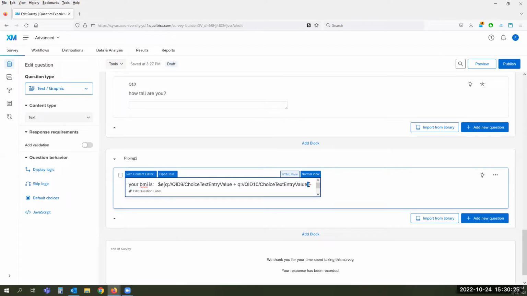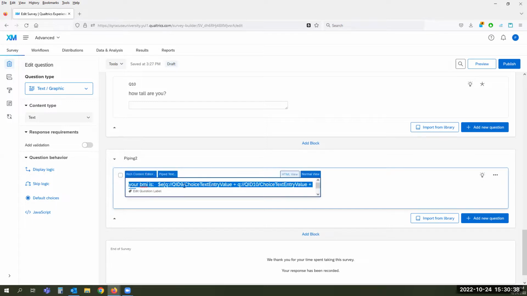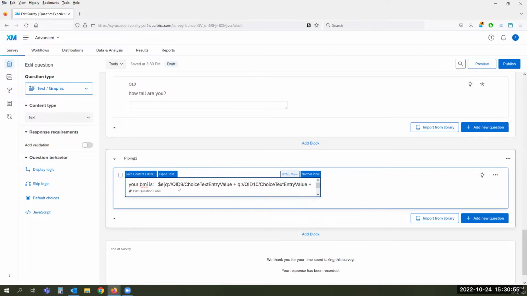Like, how would we remember what to put in and what to take out? The best thing to do is to go, and I'll find it. Hopefully I can find it for you. Okay. Is the help in Qualtrics if you need to do this. But to get these values, you go to the pipe text and pull it in, and then